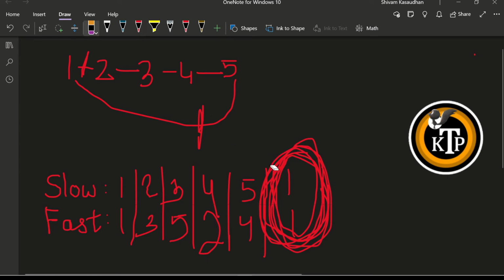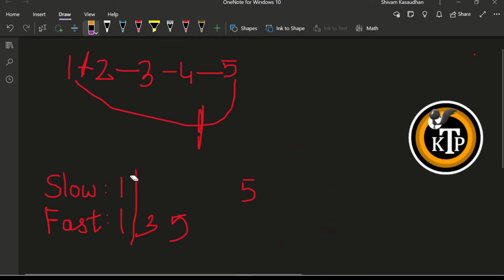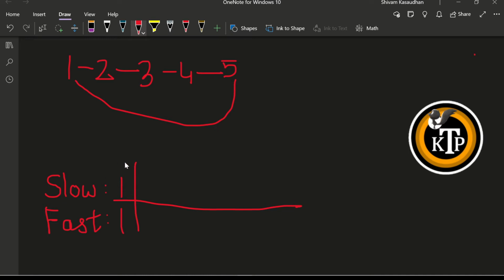So in this case I will point to where we got to know that there is presence of a loop, that is 1. This time I will increase only the fast pointer, and keep the slow pointer as it is. We will increase the fast pointer by 1, like 1 will increase and come to 2, then 3, then 4,